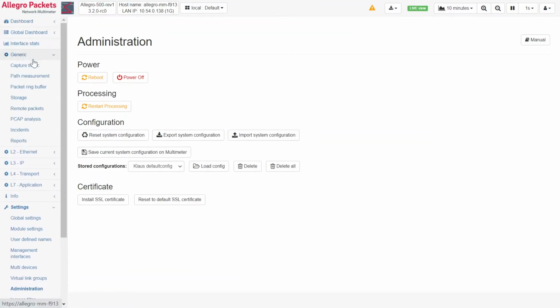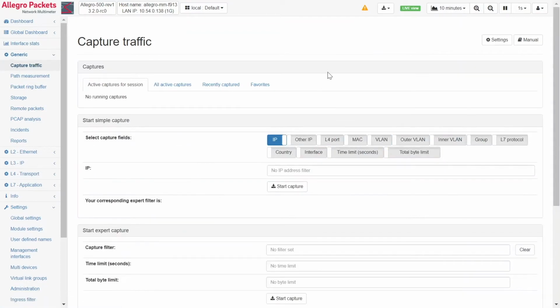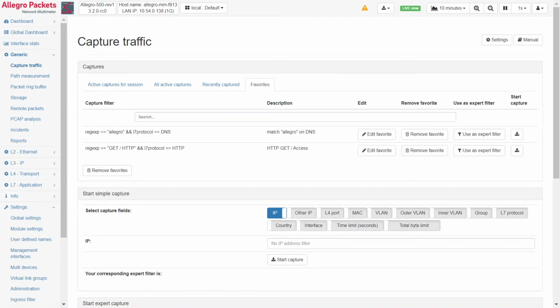Next item: we got quite often the request that whenever you capture traffic, is it possible to also add a string search or a regex engine so that you can search the payload for a specific pattern. The background here is, I had a specific DNS request and I need to find it, or I had a specific HTTP URL and I need to find the packets from that request because that went wrong, something like that. So we improved the Allegro and added a regex engine to it. It works in real time and it also works back in time.